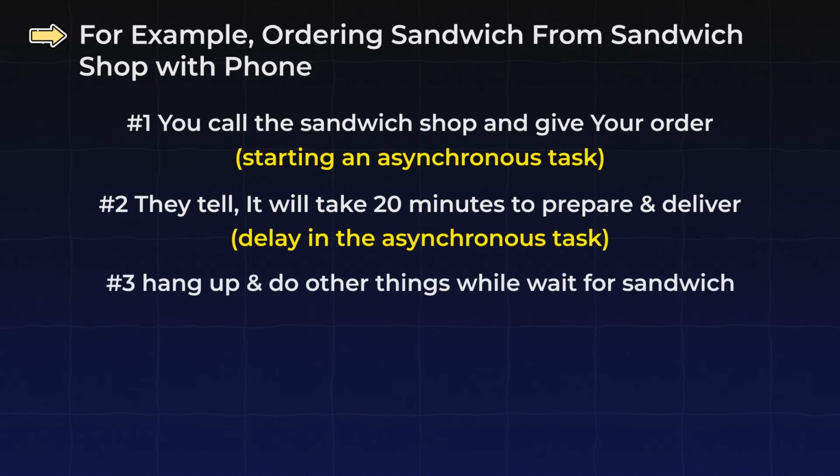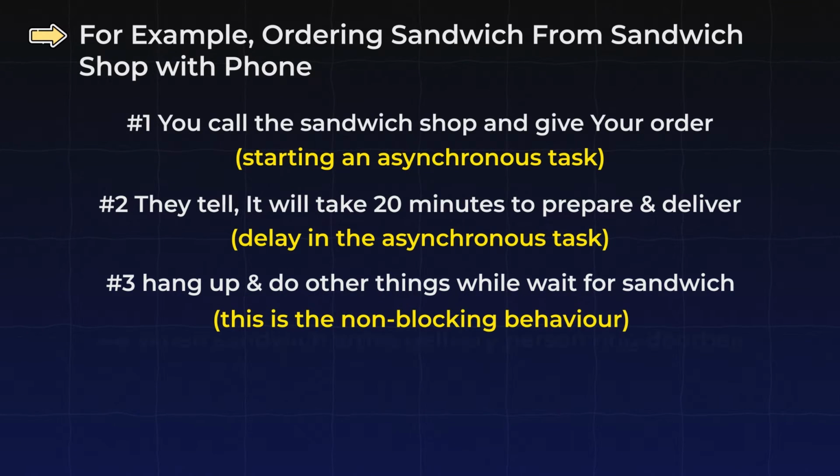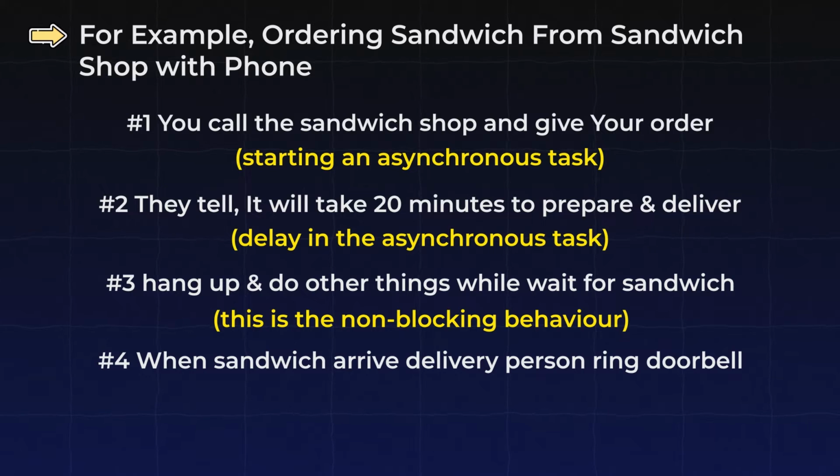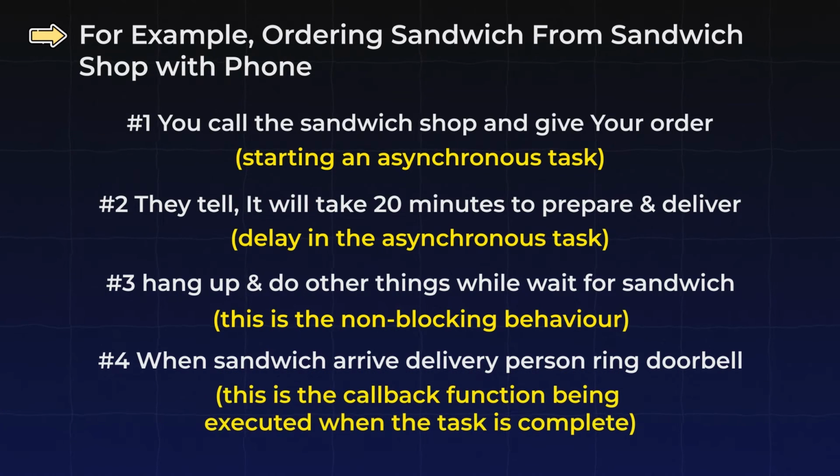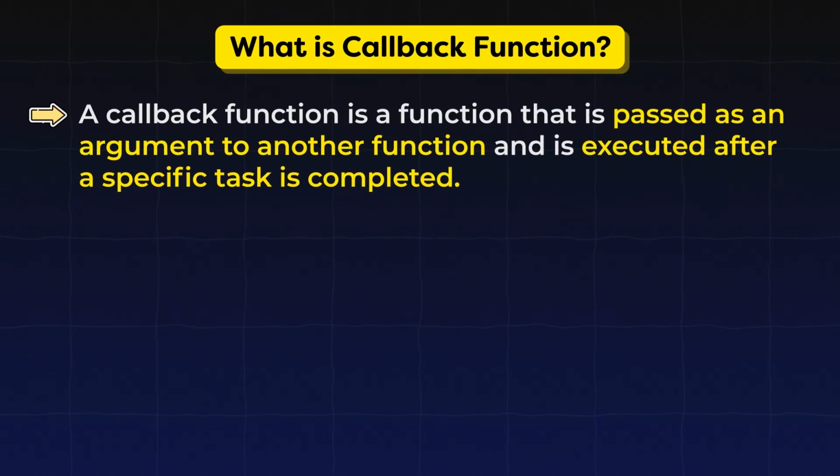So you hang up the call and do other things while waiting for the sandwich. This is the non-blocking behavior. Now when the sandwich arrives, the delivery person rings your doorbell. And this is the callback function being executed when the task is complete. So a callback function is passed as an argument to another function, and it is executed after a specific task